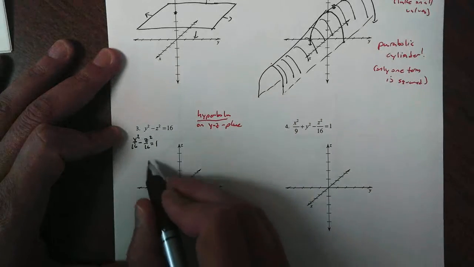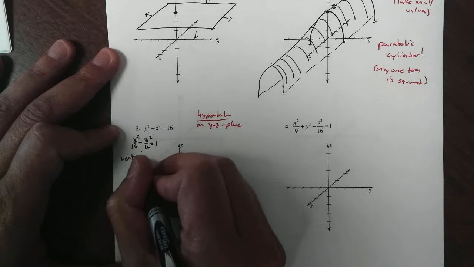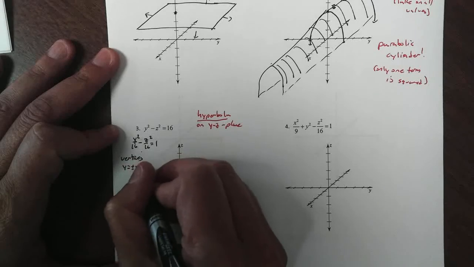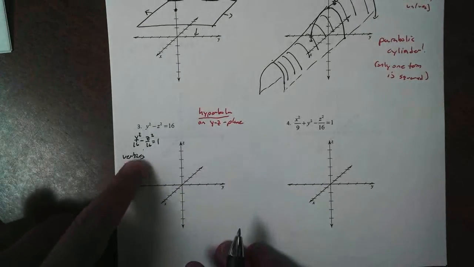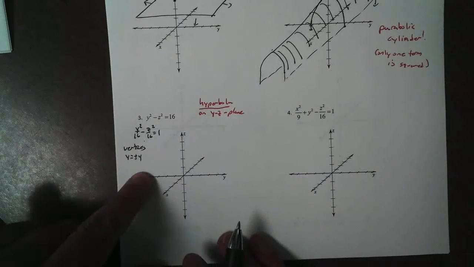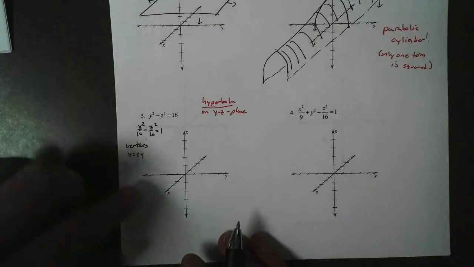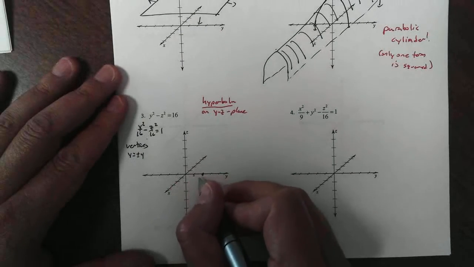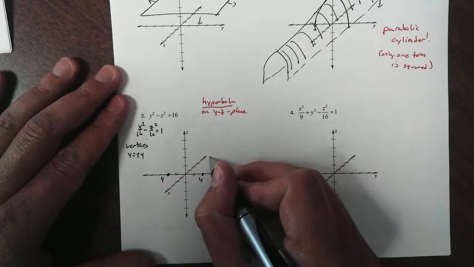So on the y, I'm going to go out 4 units. Remember, my vertices are going to be y equals plus or minus 4. Because y goes first, that's where my vertices are. That's our rule for hyperbolas. If you forgot that, remember my vertices belong to the first term in the hyperbola. So on here I go out 4. I'll count by 2s, 2, 4, and I'm going to draw a hyperbola